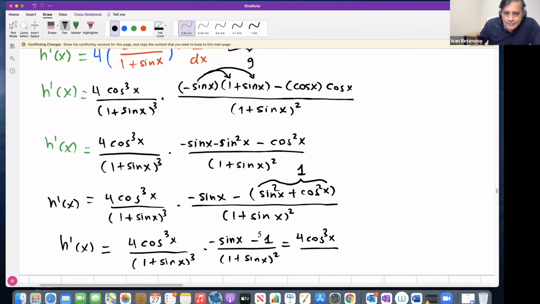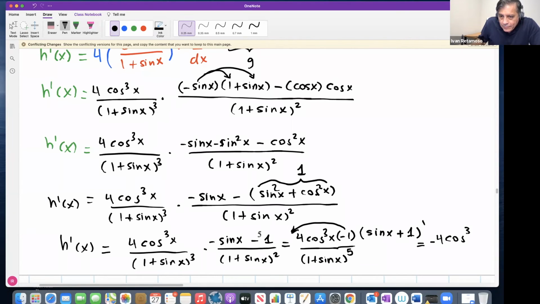On the bottom, look, this is raised to a third power, this is raised to a second power. Together, multiplying the two powers with the same base, this will be 1 plus sine of x raised to the 5th power, right? 3 plus 2, 5. Over here, if I factor out the negative 1 sine, I will get sine of x plus 1, right? Look, I have factored out this negative sign here. But look, this is raised to the 1st power. This is raised to the 5th power. This is going to be, in the end, minus the negative up front, minus 4